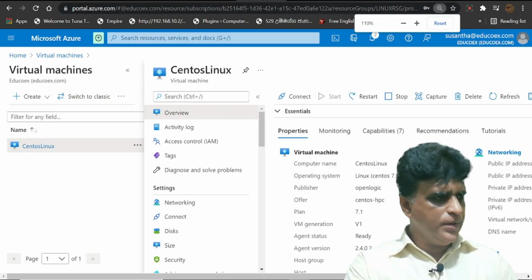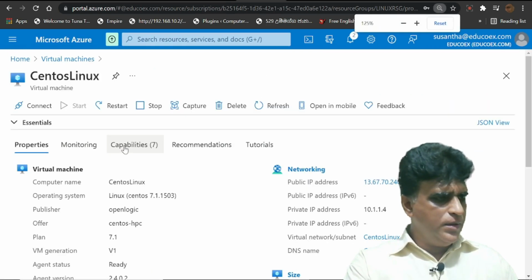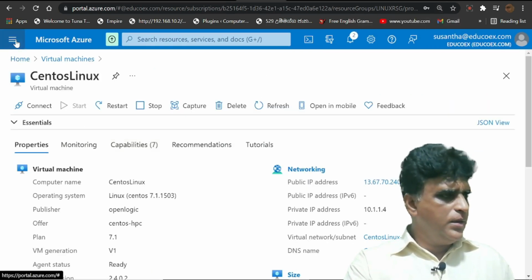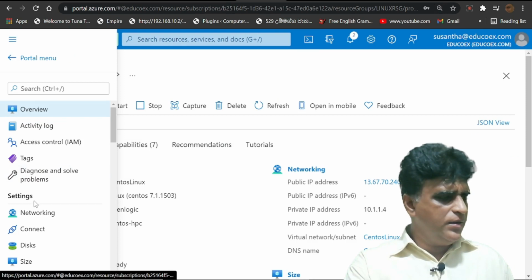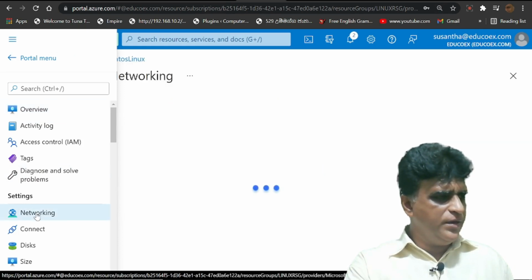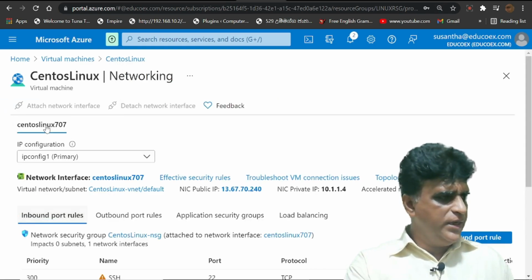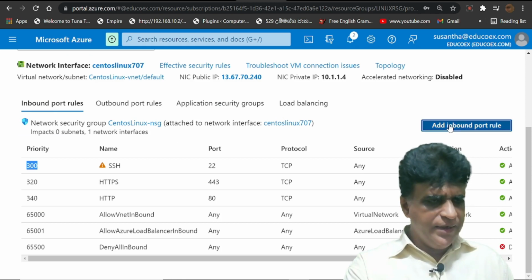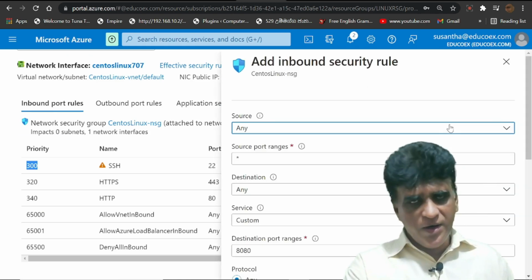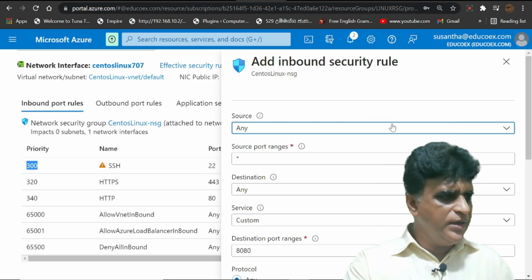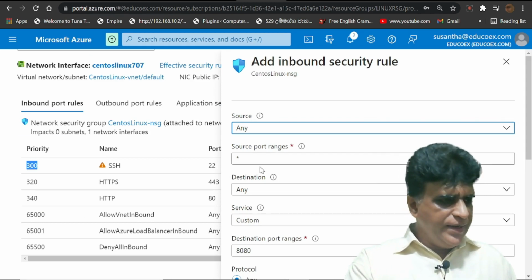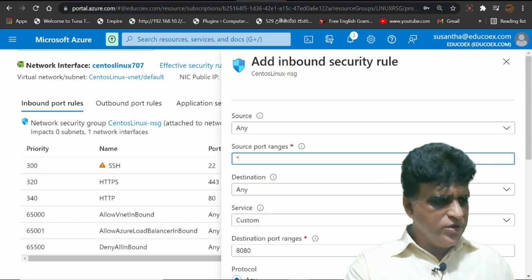Here, go to the networking. In networking, right, add inbound port. We are going to create an inbound port here, and any source port range.